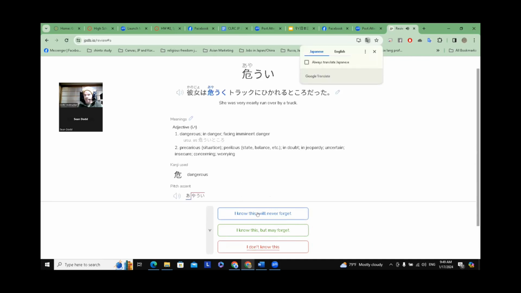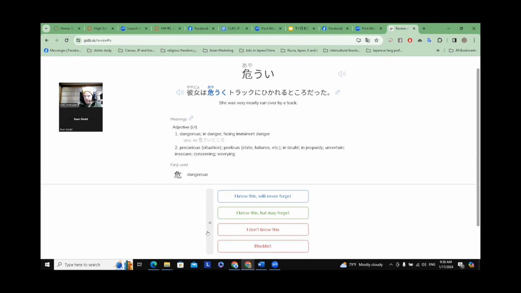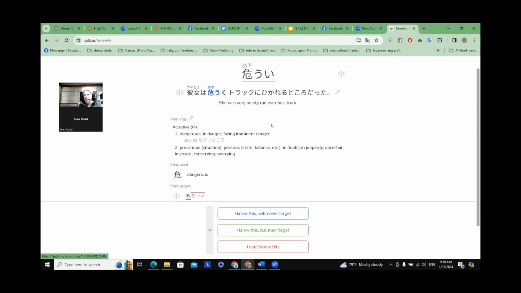I've seen this word, but because I'm having trouble using the database, I just kind of stopped. But I don't really know this that well. It's just kind of so-so. It's sort of between these two. If you saw it, would you be able to say what it means? Well, it looks like abunai, like dangerous, right? But it's a different pronunciation of that word. Then I would just click I don't know it. I've never heard that word before.